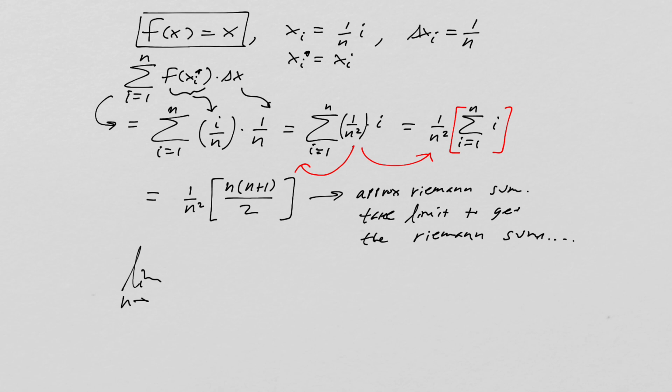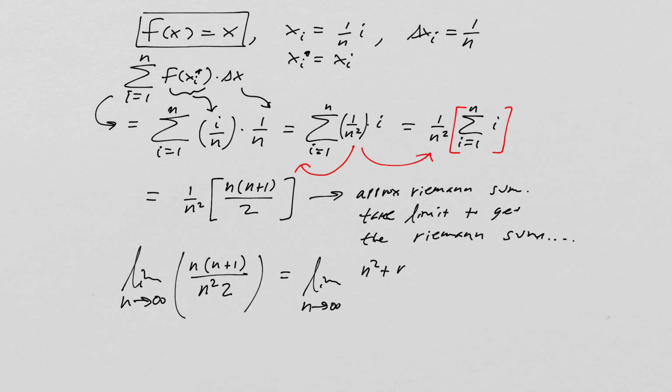So we take the limit as n goes to infinity of n times (n plus 1) all over n squared times 2. All right, so I need to do a little bit of simplification here. I think we see what the value of this limit is going to be. We have an n squared plus n. I just distribute the n to both of those inner terms there. And now I have an n squared